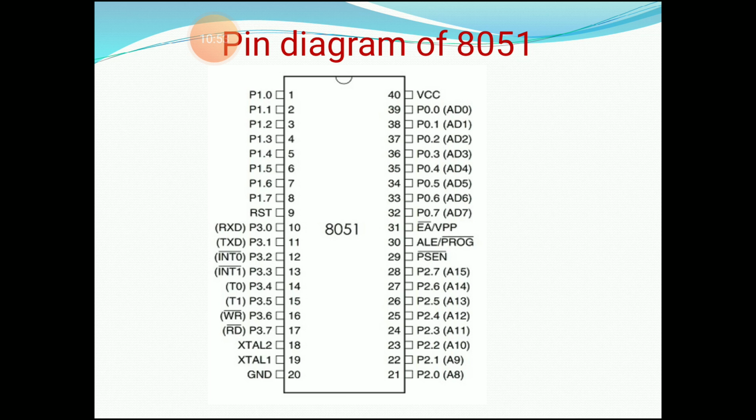And two power supply signals, VCC and ground. Plus 5 volts is connected to VCC and 0 is connected to the ground pin. And two clock input signals, a crystal oscillator is connected between these two pins XTAL1 and XTAL2 to provide a fixed frequency of 12 MHz. So the 8051 operates with a 12 MHz clock frequency. And the reset pin is an active high input pin. If you want to reset a processor or controller, send a logic 1 to this pin and the controller becomes reset. So this is about the pin diagram of the 8051 microcontroller.